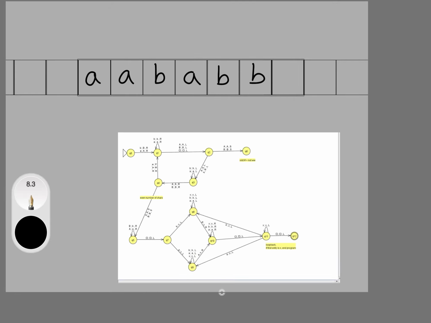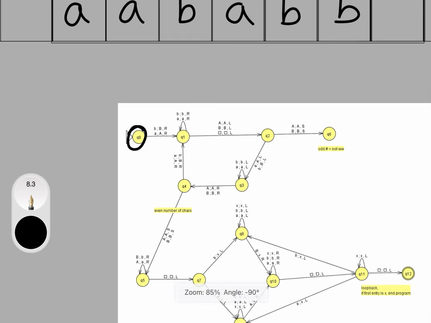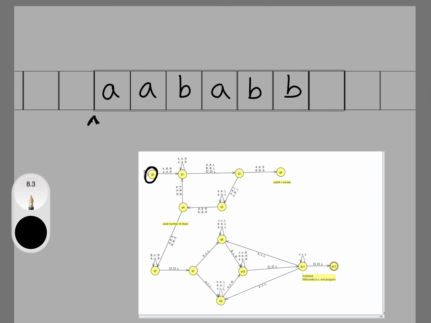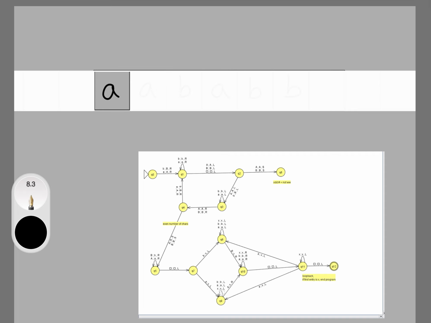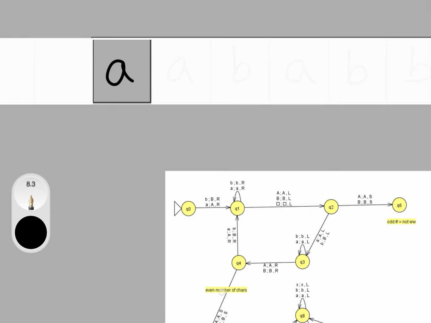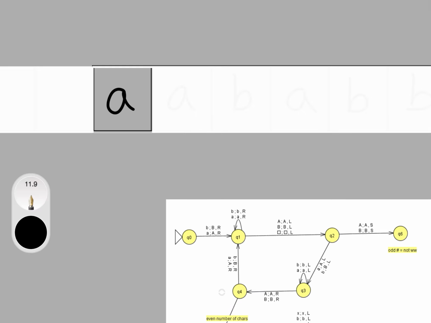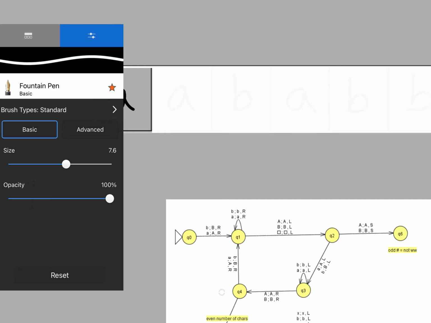Okay, so basically, it works like this, right? You start here at the beginning of the tape. And with the way this works, it can only read one input at a time. So it's more like this, right? And given whatever the input is, it turns it to a capital in this case to show that it's marked it. So it'll turn this A